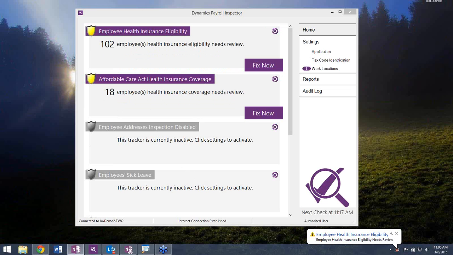So the first thing that we need to track when it comes to the Affordable Care Act is the employee eligibility. The employee eligibility is going to refer to those three periods that I'm sure you're pretty familiar with or have at least heard at this point. It's the measurement period, the admin period, and the stability period. So there is a need for you to track, based on a certain number of months, how many average hours an employee has worked. And that number of months can range anywhere from 3 to 12. So that's going to be completely up to you.